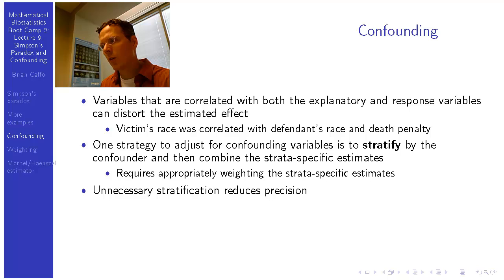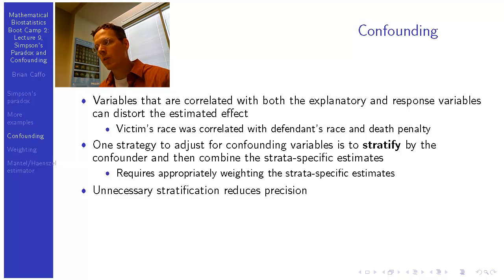This is, I think, a kind of old school definition of confounding. There's a modern definition given by causal inference classes that, if you're interested in the field of statistics, will be worth learning. I think ultimately with a confounder here, we haven't really distinguished between something that's causally related with the race and the death penalty versus something that has a statistical association with race and death penalty. In this class, we're mostly going to be talking about things that have a statistical association with the explanatory and response variables, where there is kind of a plausible causal connection between them. Okay, so